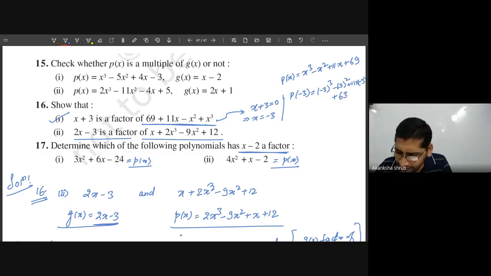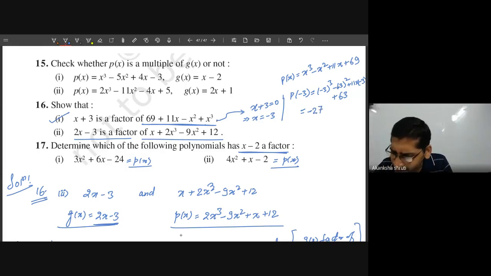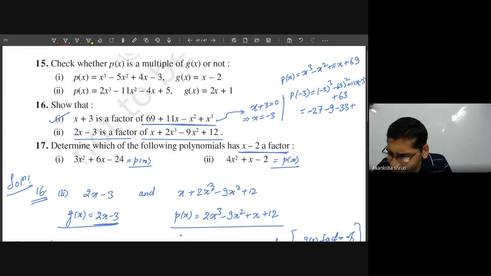Plus स्टूडेंट 69. आप इसको जब पुट करते जाएंगे तब आप क्या देखेंगे? फर्स्ट वन इज 3 3s are 9 3s are 27 but minus sign 27 become negative, minus of 27. Next one is 3 3s are 9, though -3 into -3 it become plus, but before that there is minus, so it is minus of 9. Now 11 into minus of 3, minus of 33. Then plus it is our 69. Yes, student, it is our 69.